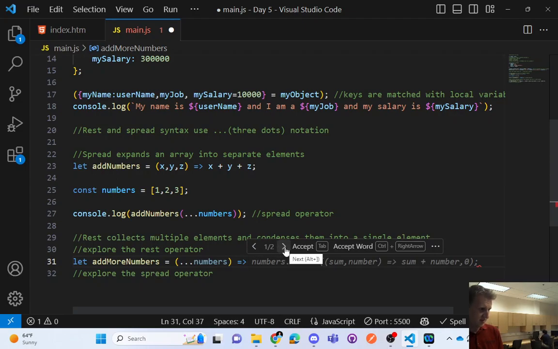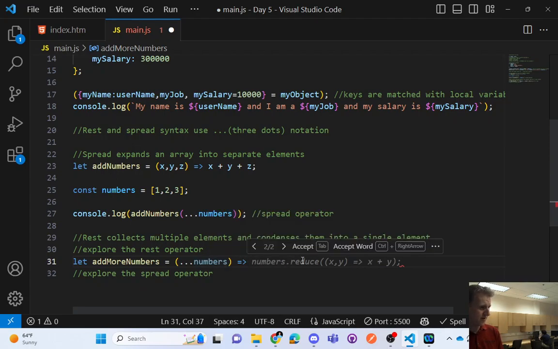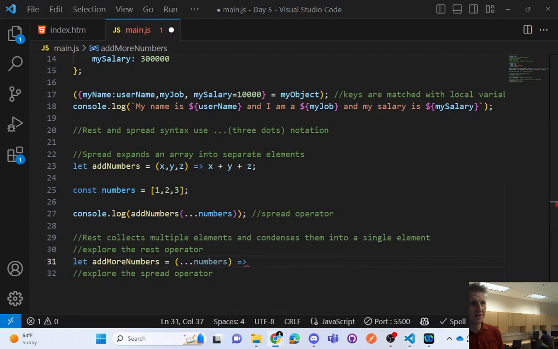Now this is kind of an interesting syntax. Numbers dot reduce sum. So numbers will be an array, right? The reduce method